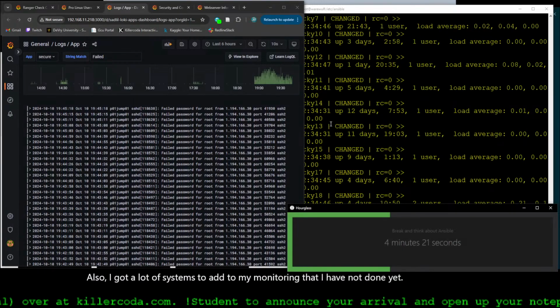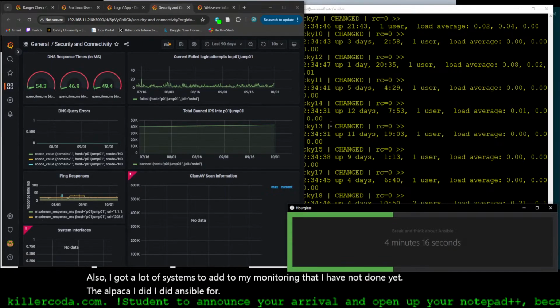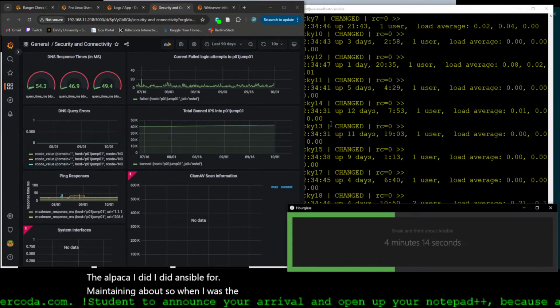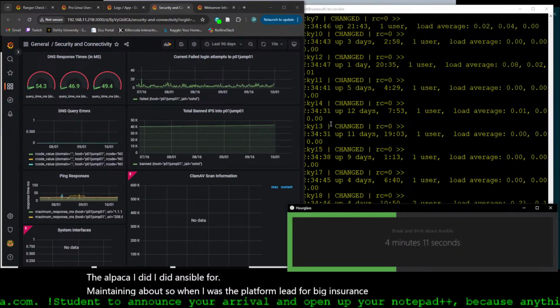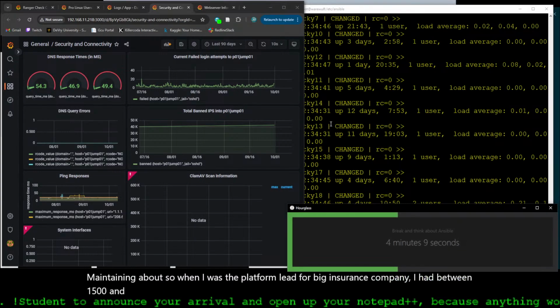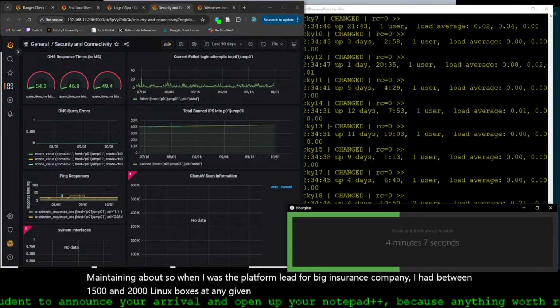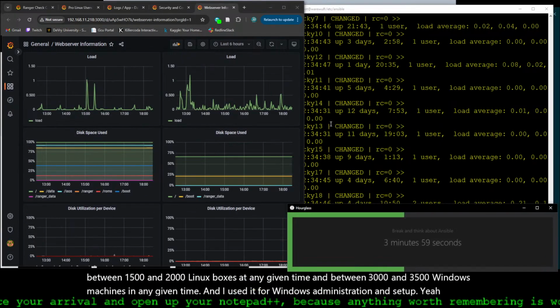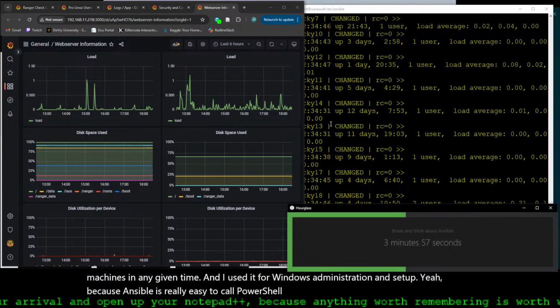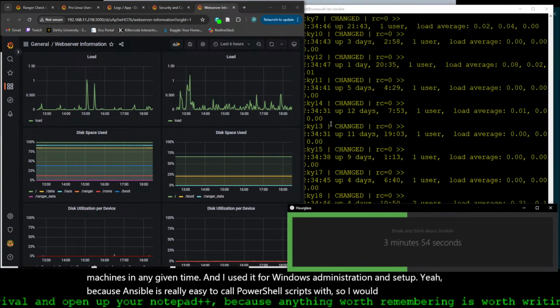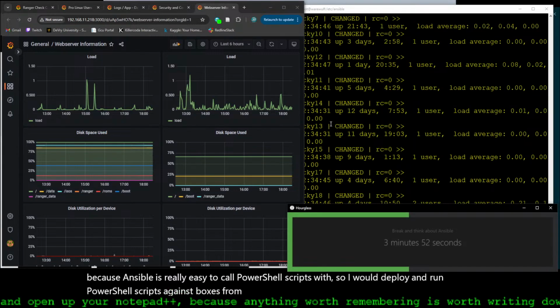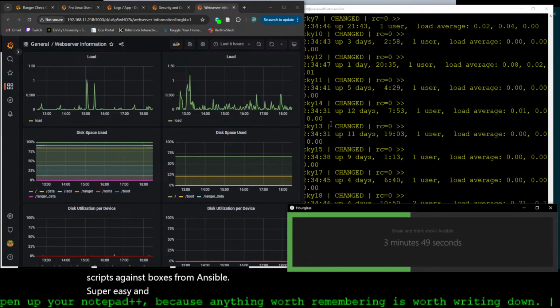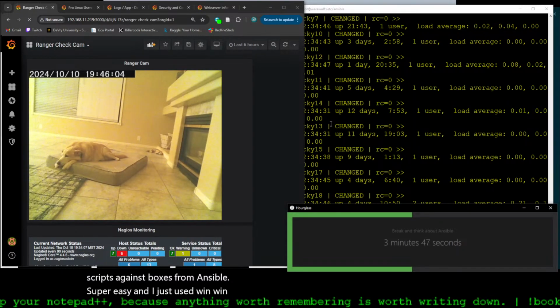Yeah, the alpaca. I used Ansible for maintaining about... when I was the platform lead for a big insurance company, I had between 1,500 and 2,000 Linux boxes at any given time, and between 3,000 and 3,500 Windows machines. And I used it for Windows administration and setup, because Ansible is really easy to call PowerShell scripts with. So I would deploy and run PowerShell scripts against boxes from Ansible. Super easy. And I just used WinRM, which was